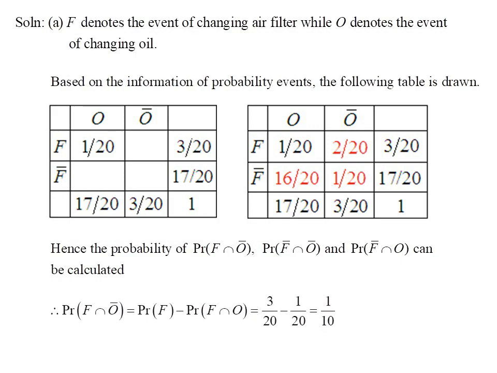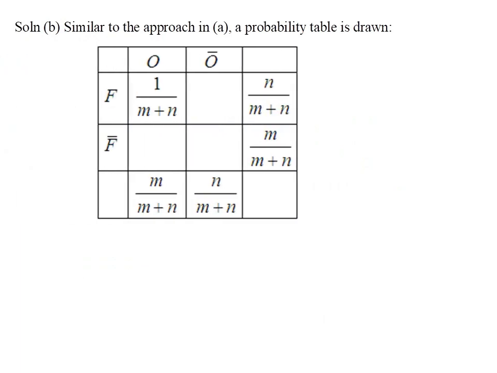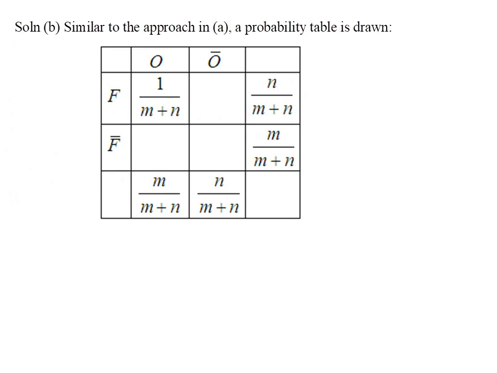Accordingly, the probability of the event requiring an air filter change but without oil change equals the probability of requiring air filter change minus the probability of the event requiring both oil and air filter change, which equals 3/20 minus 1/20, which equals 1/10. As for part B of this question, we take similar approach to draw a corresponding probability